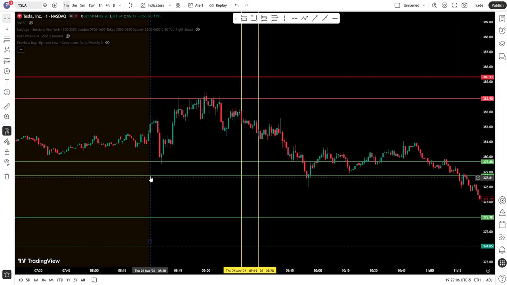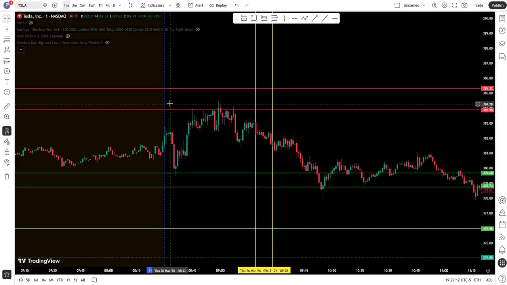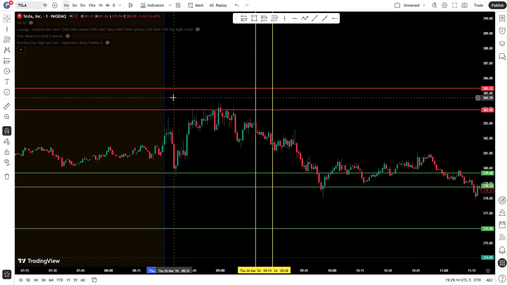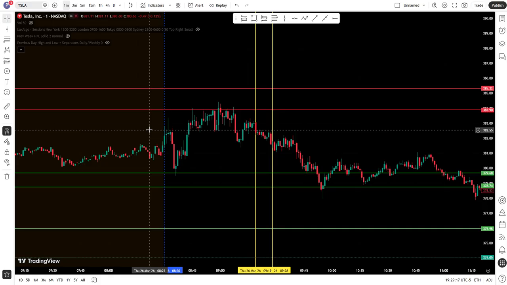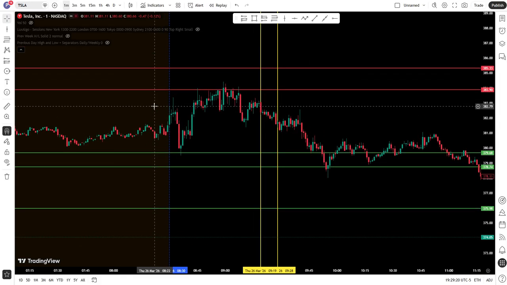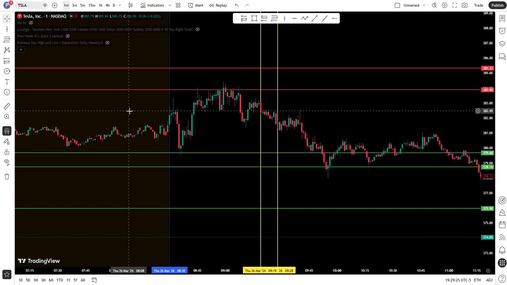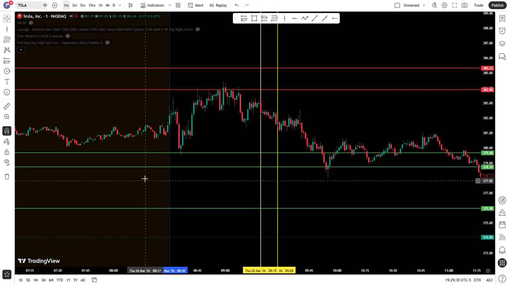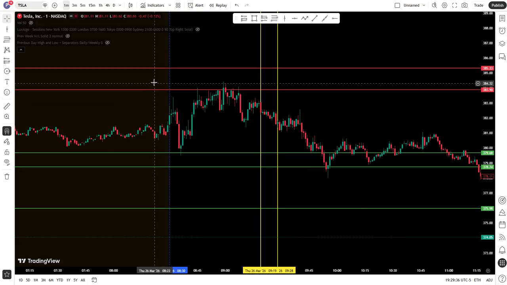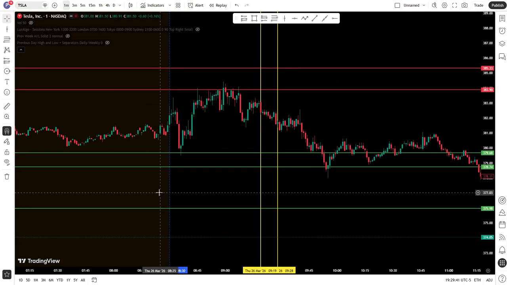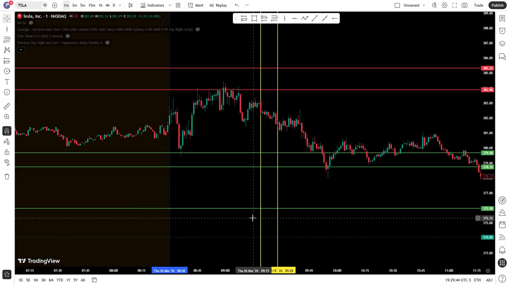What I like to do is have the market open marked here, and then I'll explain what I'm about to talk about a little bit more in another video. But essentially, lately I've been trading a strategy based off of areas of liquidity, and essentially making it very simple right now. These horizontal green lines are areas of liquidity, and these horizontal red lines are also areas of liquidity. I color code my lines that I draw on the chart, and lately I have been drawing these lines of liquidity